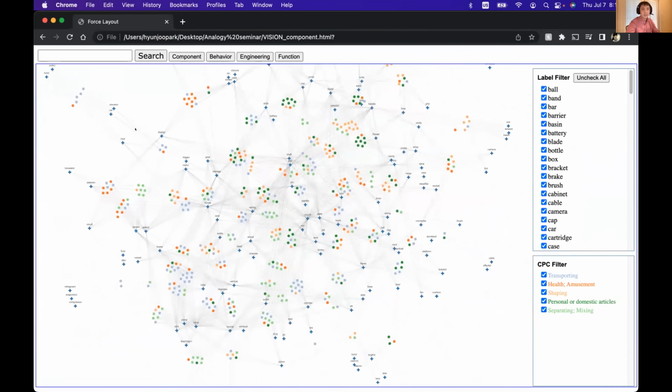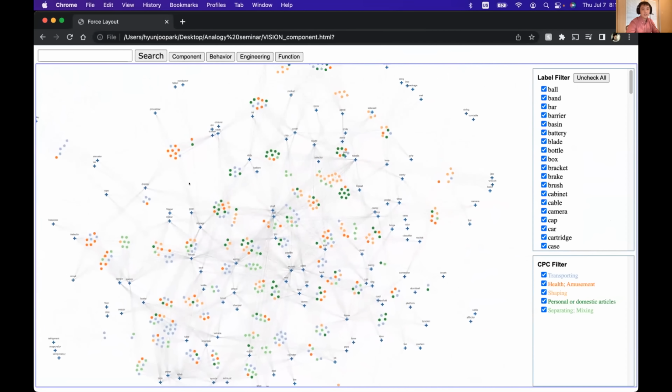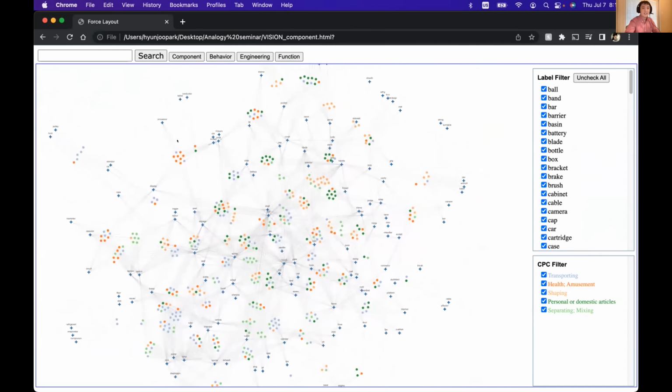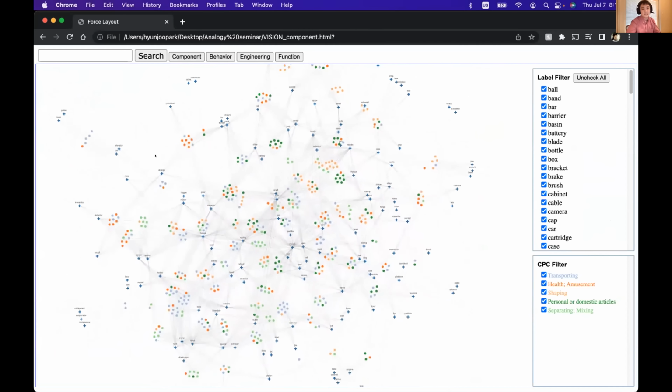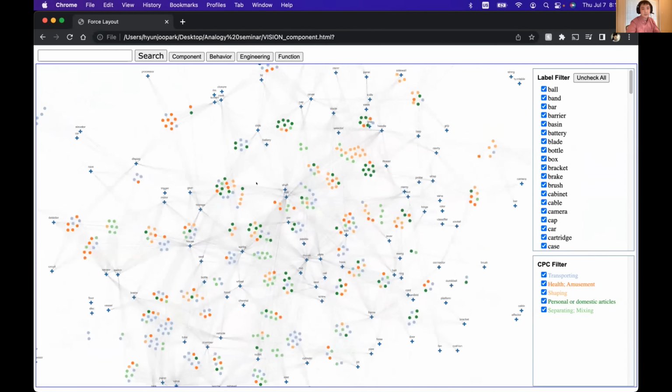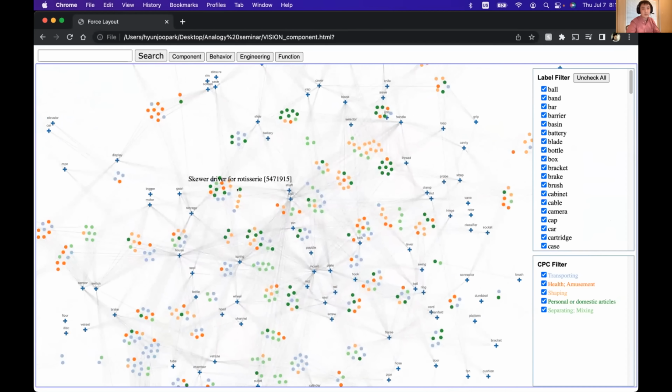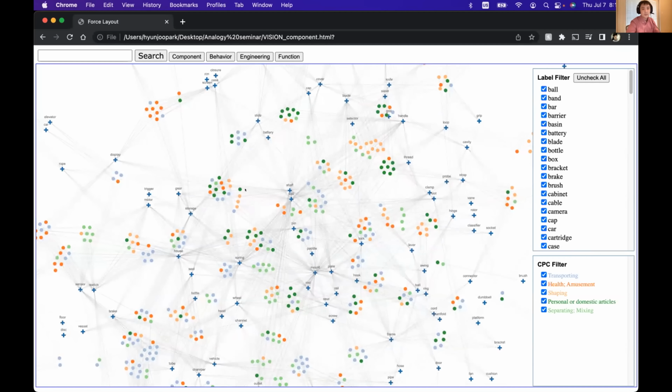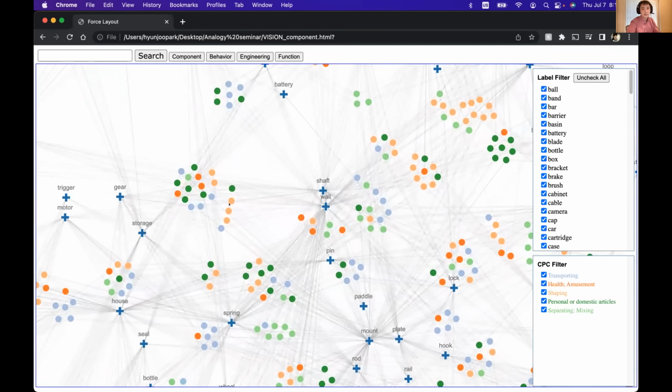So I hope you can see the tool here. Yes. Okay. So yeah, this is a vision tool. The individual round nodes represent patents. So if you hover over it, you will see the title of the patent followed by their patent ID